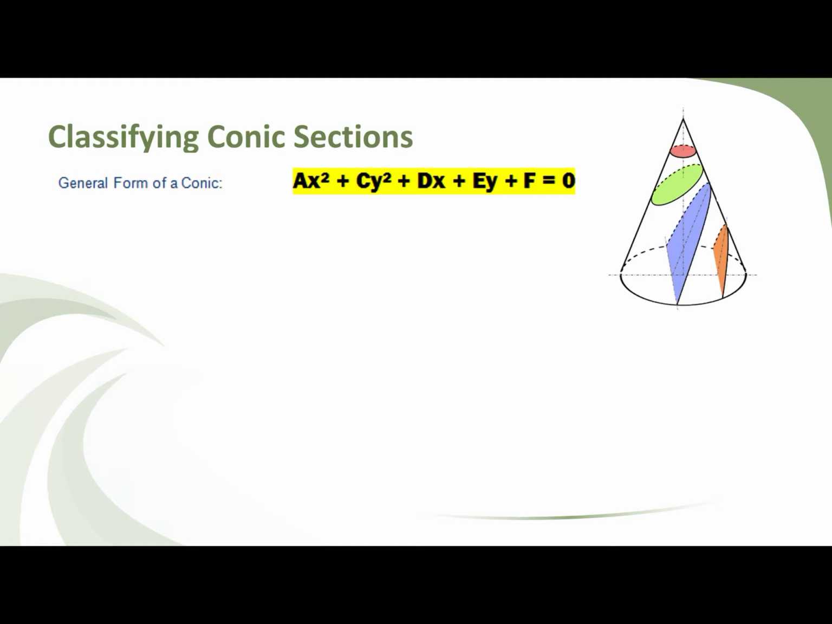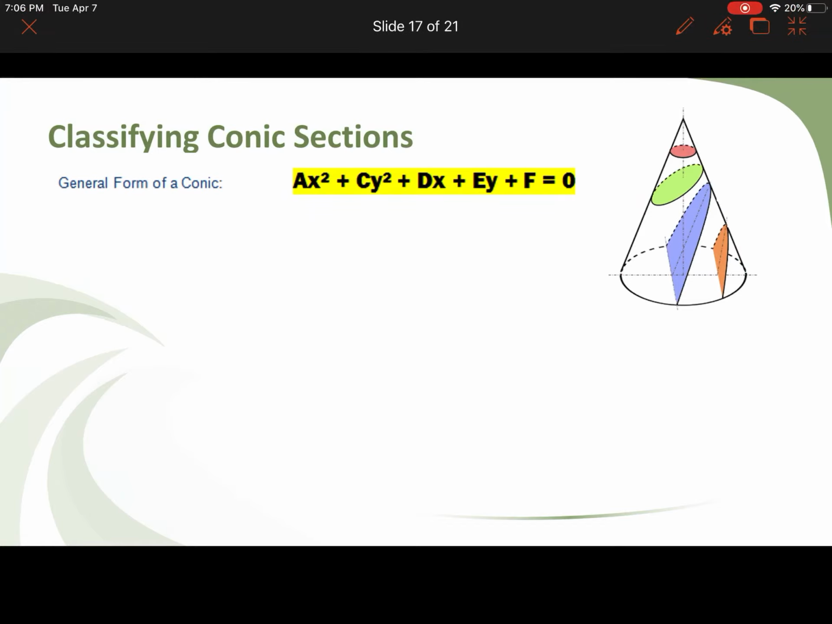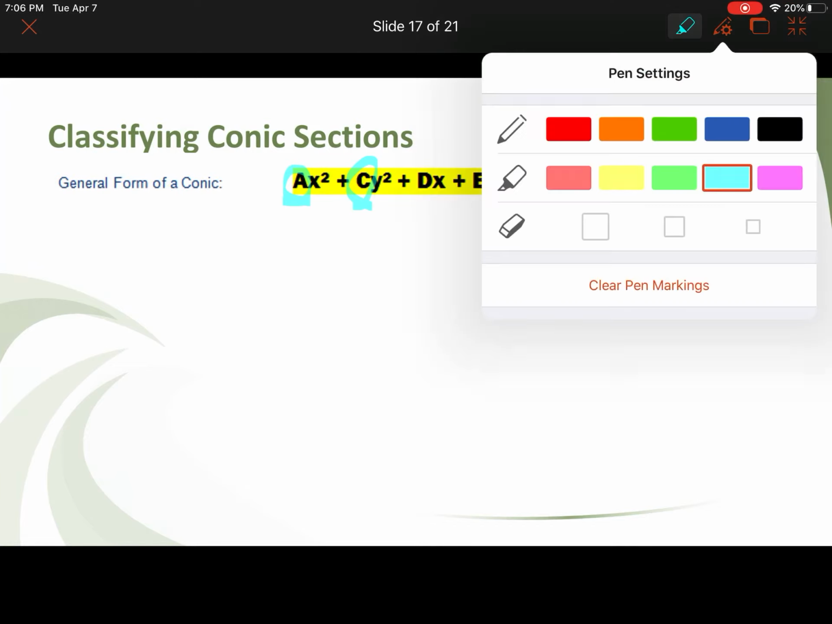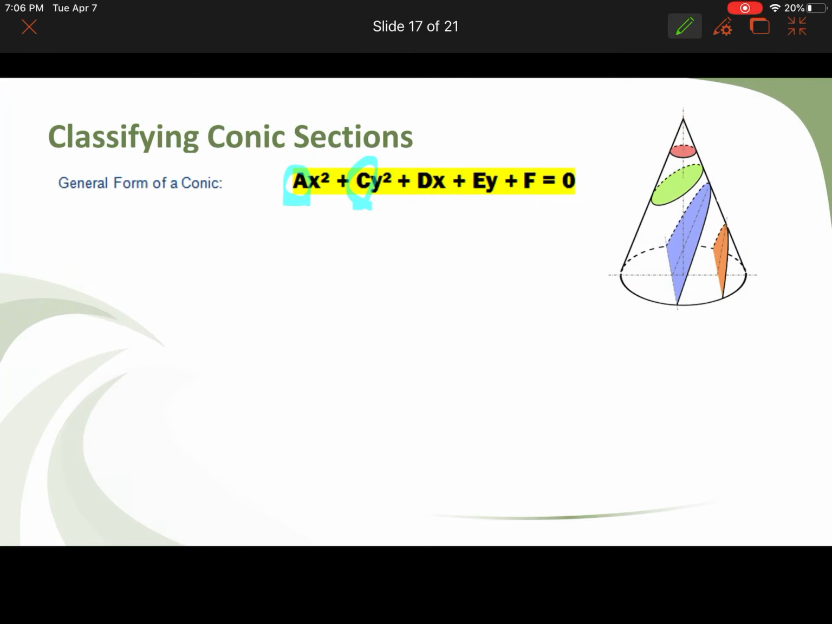But A and C are the ones we look at, and A and C are the only ones that matter, right? The rest of them don't matter, but it's A and C that are the important ones. I should do something I can write with. Okay, so